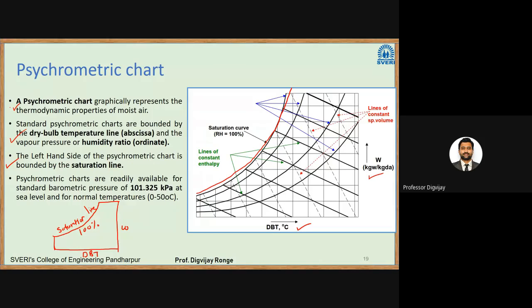Okay, the psychrometric charts are readily available for the standard barometric pressure of 101.325, so this is the atmospheric pressure at sea level, and for normal temperature 0 to 50 degrees Celsius. So we have a range of dry bulb temperature at 0 to 50 degrees Celsius and the chart at 101.325